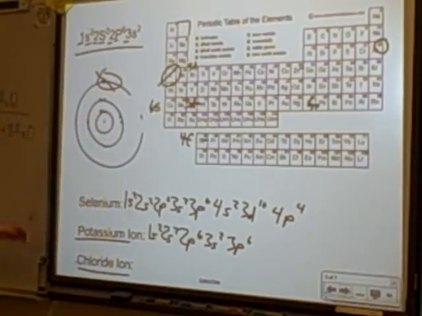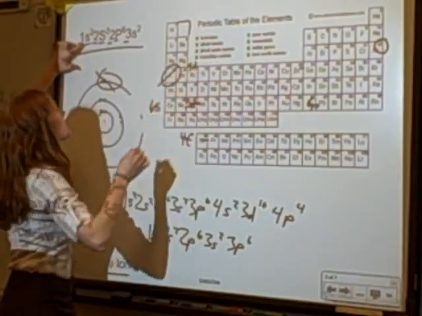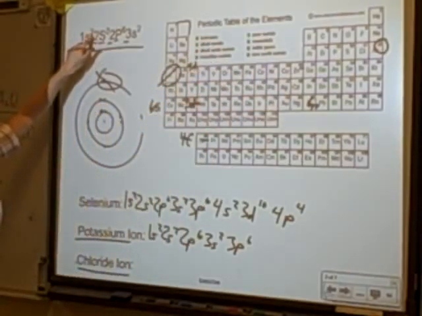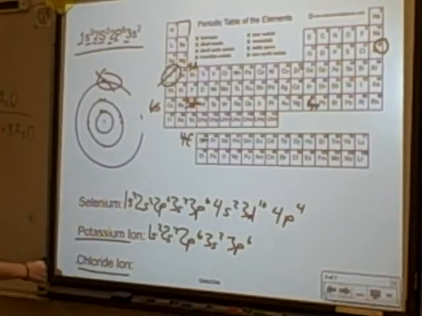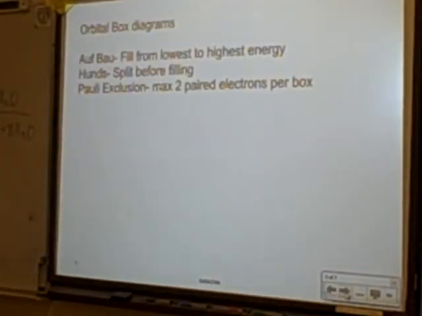Okay, so energy level is the period on the table, subshell is the columns in the table, so the section in the table, and the number of electrons is the number of boxes there are. All right. So there's another way to describe where electrons are located, and I think we need